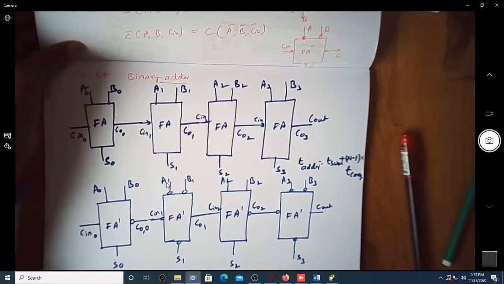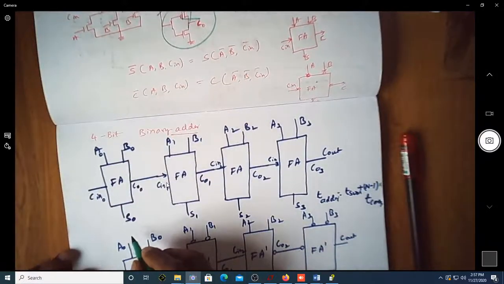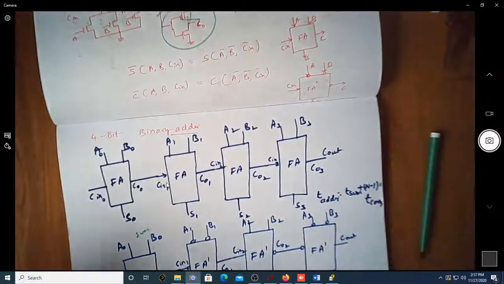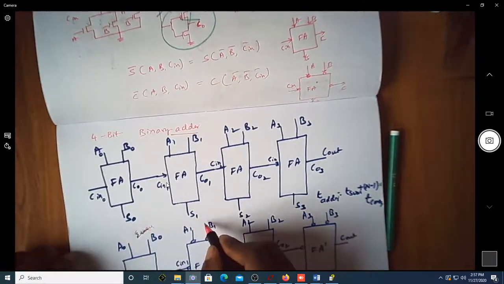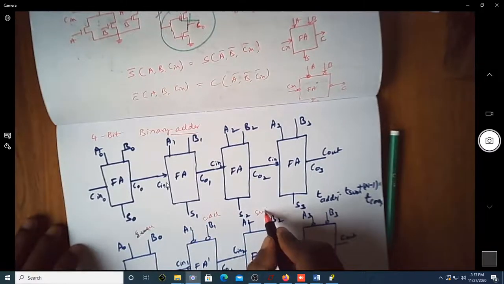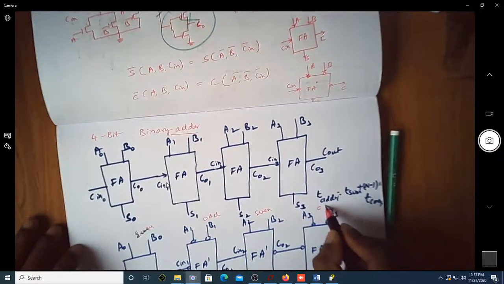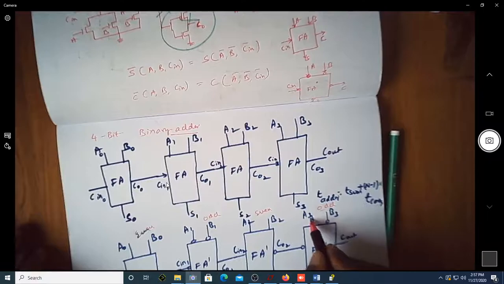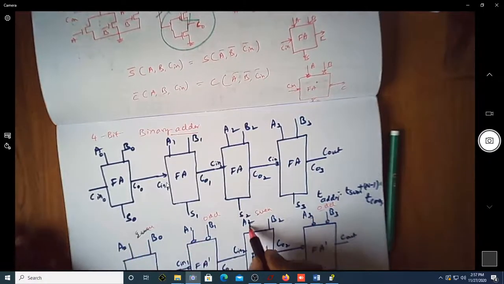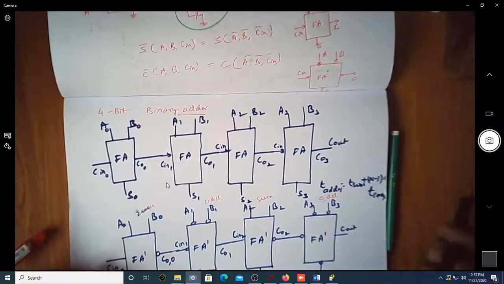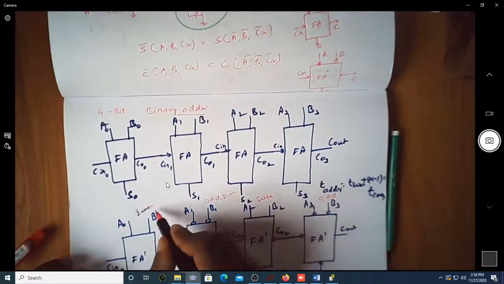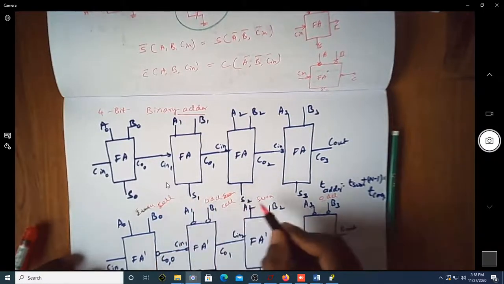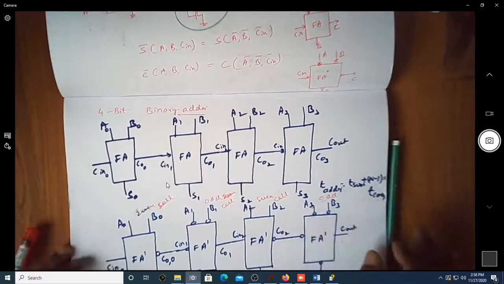Suppose I say this, I will call this cell as even cell. This I will call as even cell. This cell call it as odd cell. This cell again call it as even cell. This cell call it as odd cell, because A1, A3 is there. So this odd is coming because of this 3, and even is coming because you have 0, 2. Okay, sorry, this is odd cell, this is even cell. I'm just writing cell, okay, this FA bar.